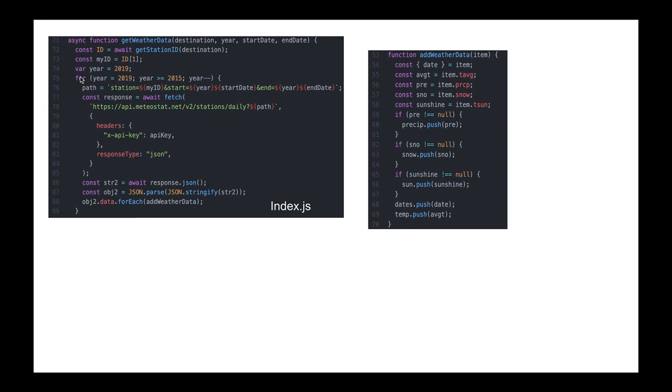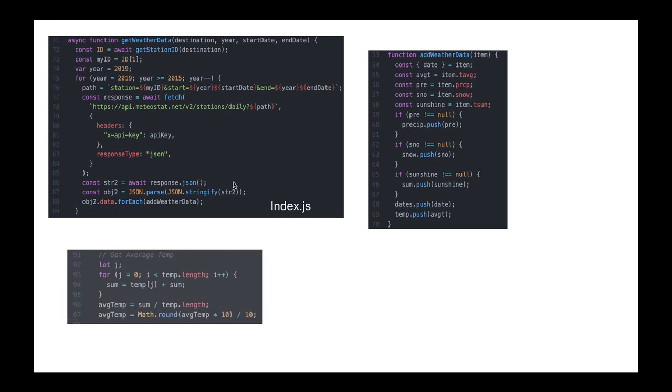So in our code, we have a for loop that goes from 2019 to 2015, so we're just accessing the data from multiple years. And later on in our get weather data function, we also have code that calculates the averages of our weather